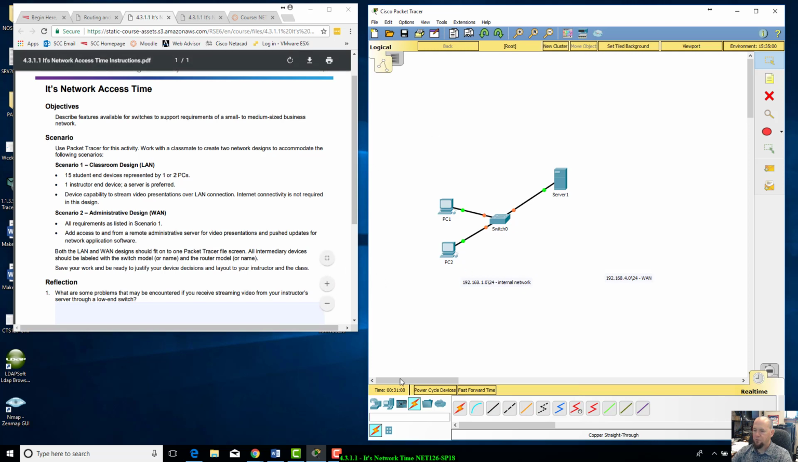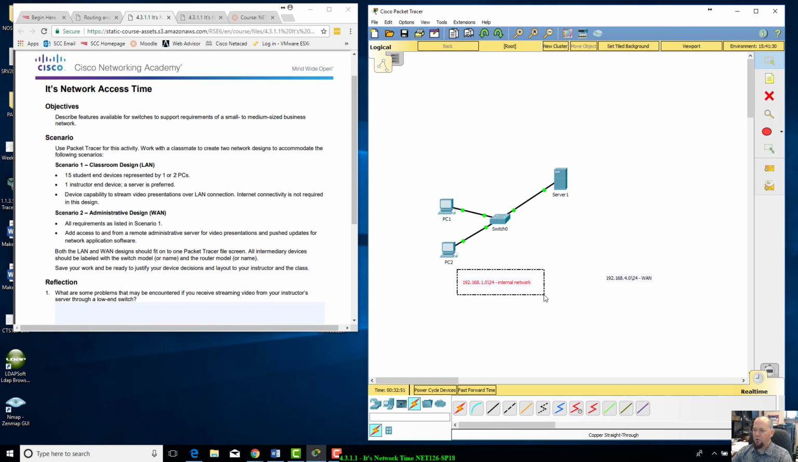Okay, so wait until everything turns green. I can do fast forward. All right, everything is connecting. First thing, just worry about this network right here. So we want to give